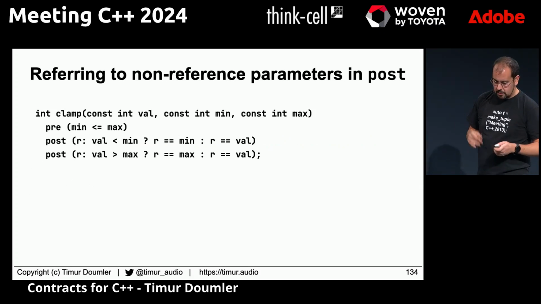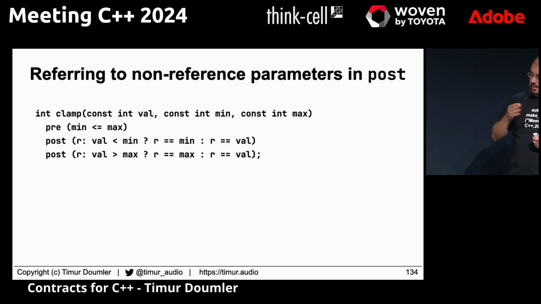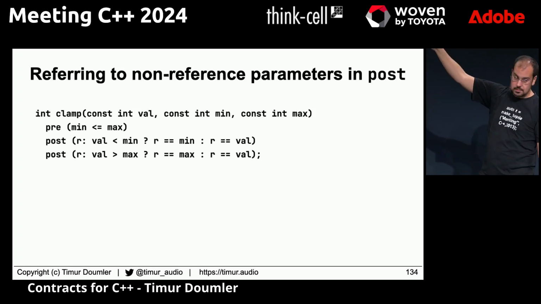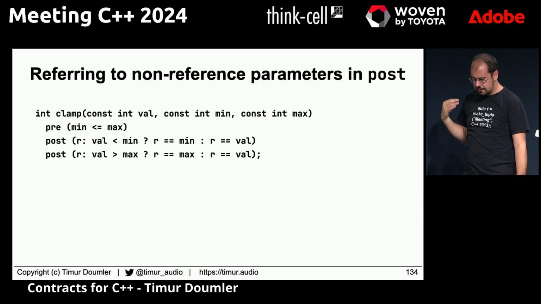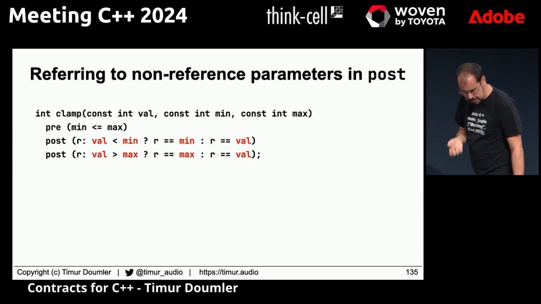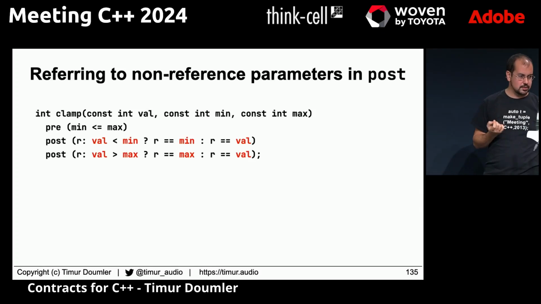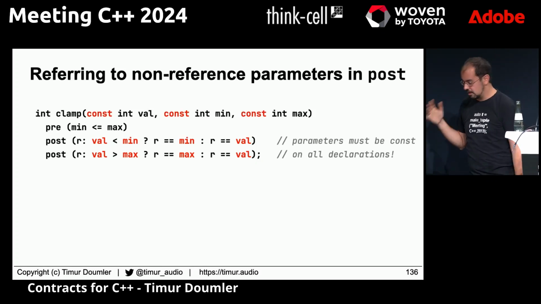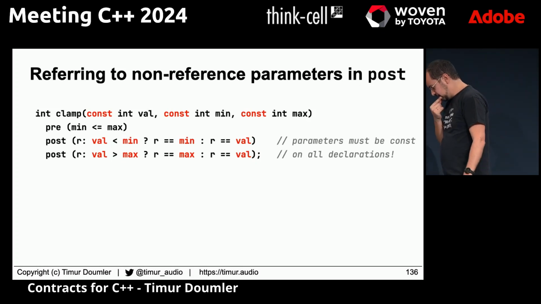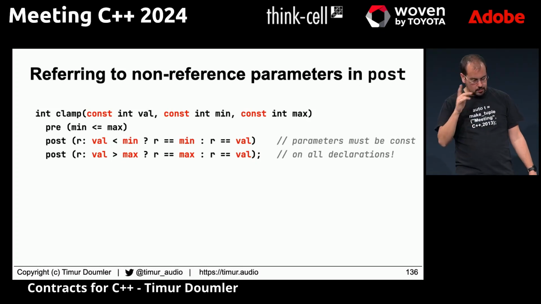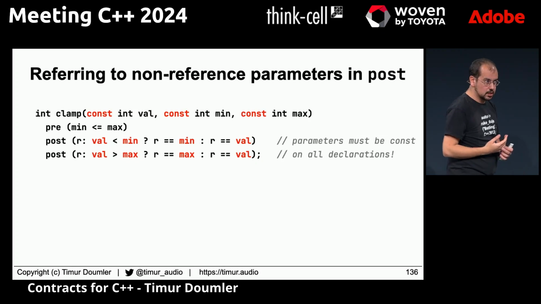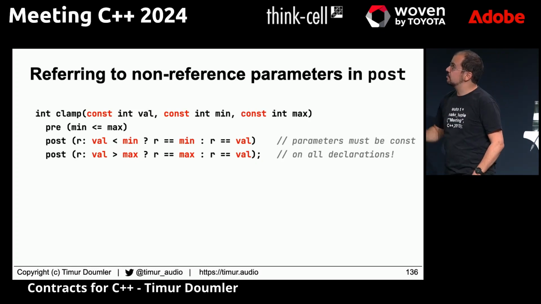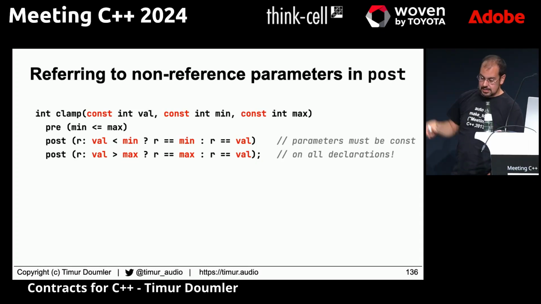And then referring to non-reference parameters in post. So you can have, for example, clamp. Everybody knows what clamp is? Okay, good. So it has these preconditions and these postconditions. And very, very often you want to refer to the parameters that you passed in the postcondition. It turns out that in P900, if you want to do this, those parameters need to be declared const. Normally today in C++, this const on a value parameter doesn't mean anything really, but we require that if you want to use that in a postcondition, precondition doesn't matter, but postcondition, it has to be const,